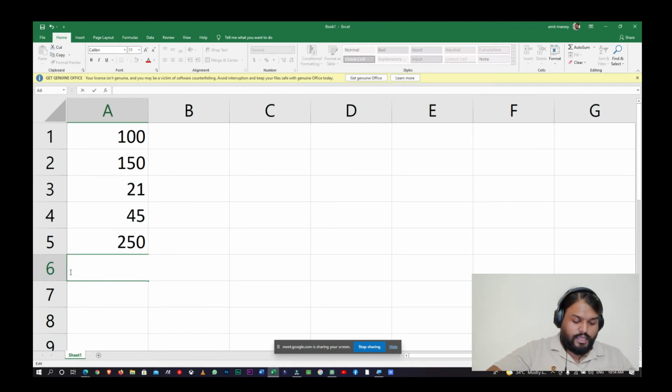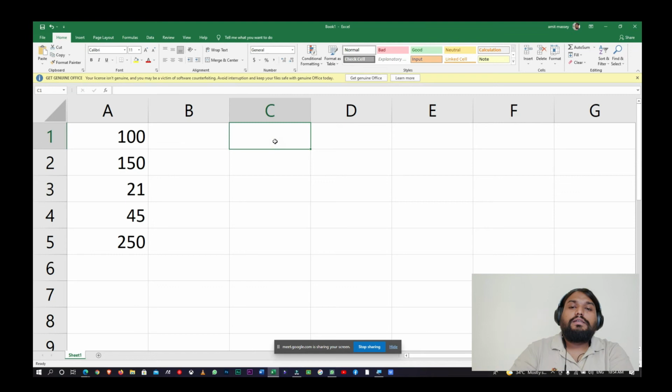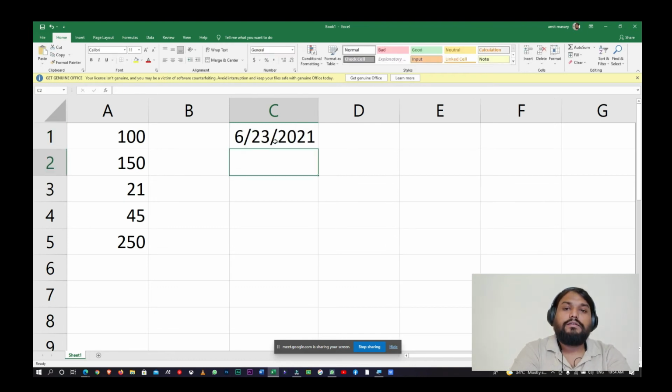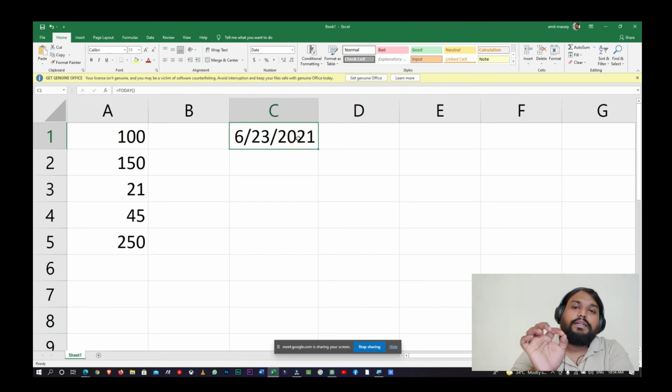And in the same way we have another function, that is today. It is used to display the current date. And how it is done, let's see. I'll take some other cell, let's say this one, equal to sign, I'll write today, parenthesis open and close, and click, and it will show you the current date.